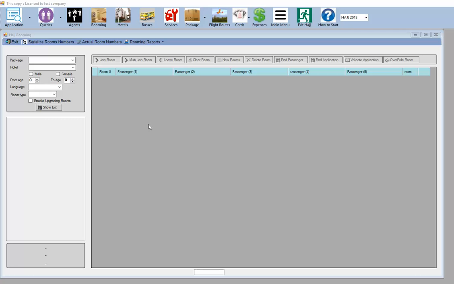First of all, how to reach the form. From the menu of Hajj or Umrah, whichever you are in, select the rooming button as the mouse indicates. The form is composed of the menu line as usual, and on this frame